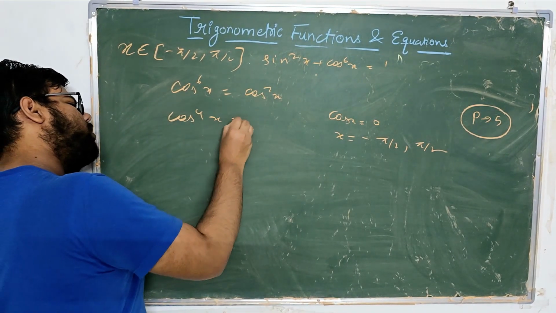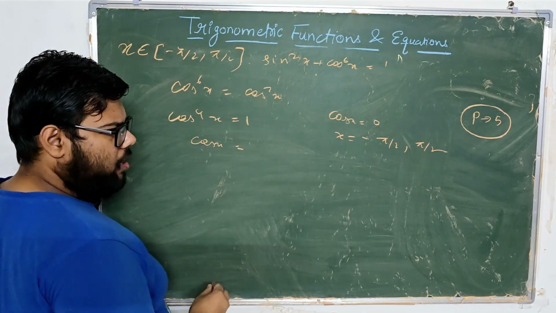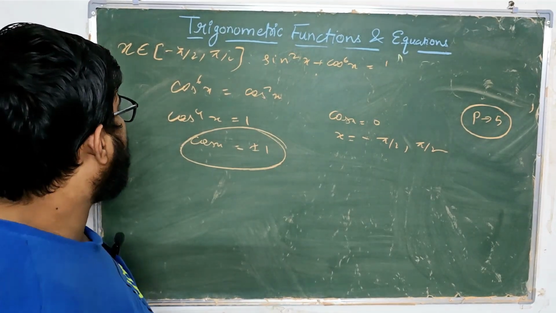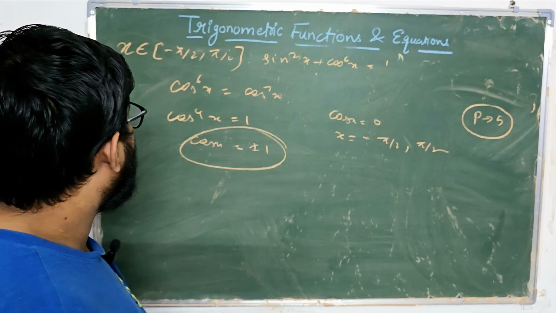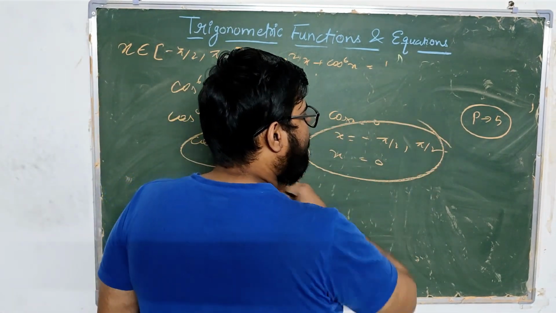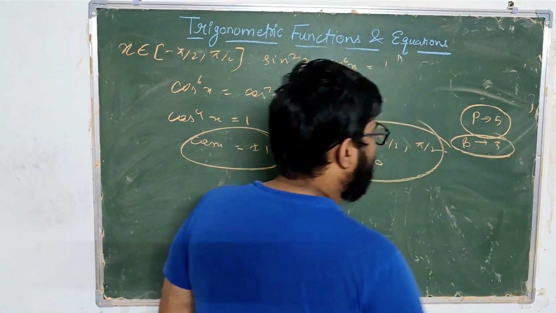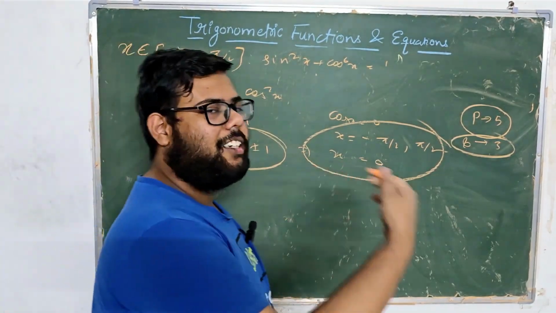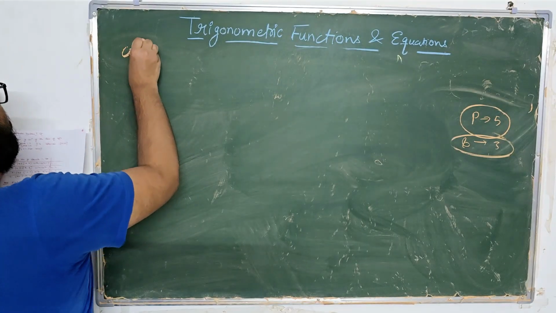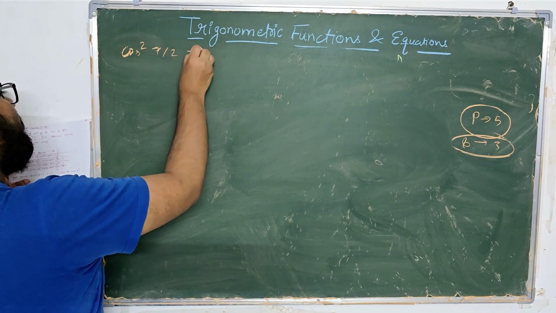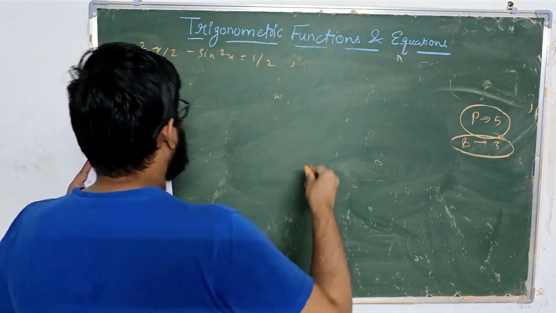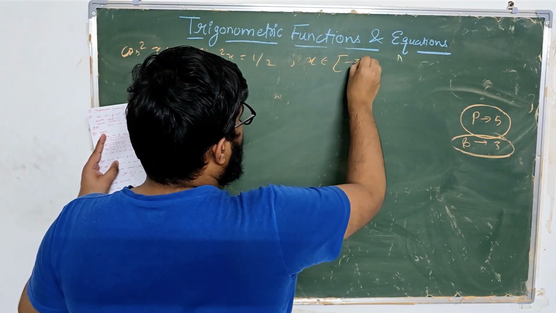Just cancel now these two terms. So you will have cos raised to power 4 is equal to 1. So cos x is equal to plus minus 1. So plus minus 1, of course it cannot be negative because of the range, because of the domain. So it means that x is equal to 0. So it means that q has 3 solutions. Now let's erase this. Now let's check for r. Okay, so for r we have cos square x by 2 minus sin square x is equal to 1 by 2, and the domain is negative pi to pi. Okay,